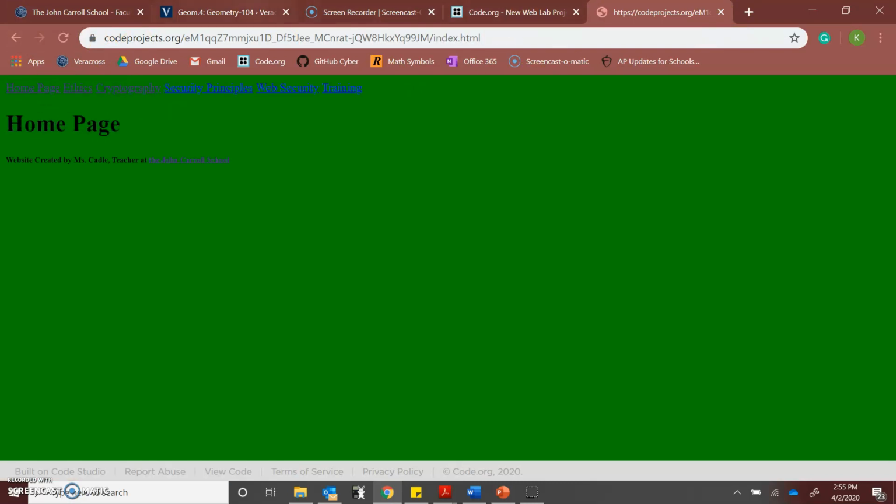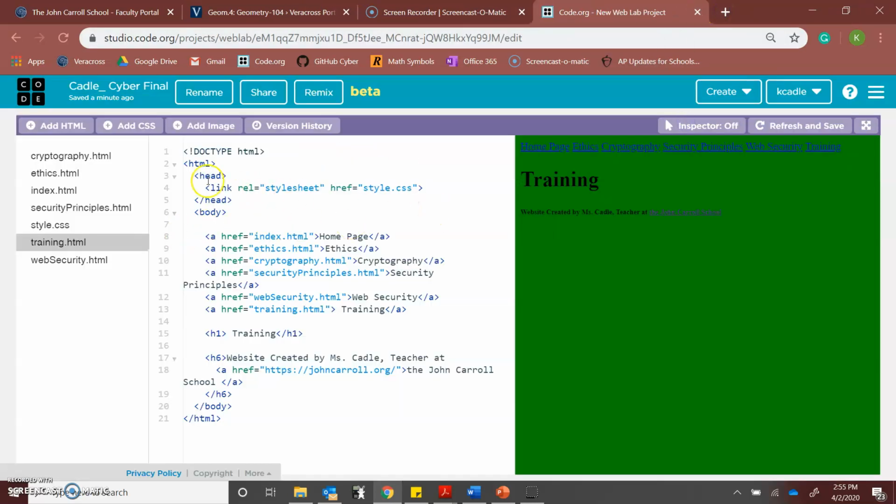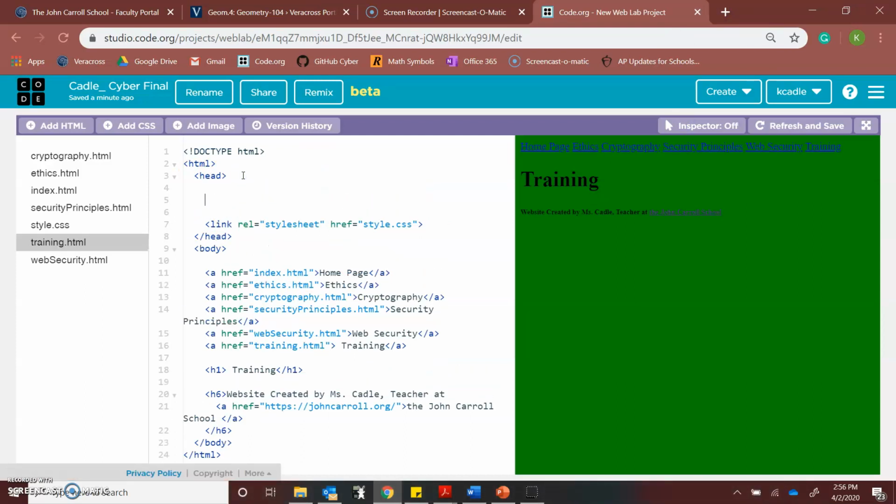Now up at the top, I have some other web pages open and you can see that they have descriptive names, but ours currently just says the URL of the web page. I don't want that to happen, so I'm going to close this out. I'm going to show you how to change that. Now this is not something that displays on the web page, this is extra information. So it's something that's going to go in the head section up here, and it's quite easy to fix that problem. We need the title tag,